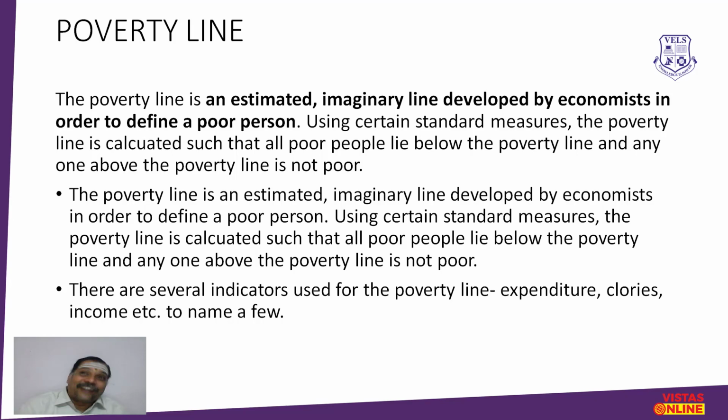So in order to define who are the poor people, we give one imaginary or estimated line called the poverty line. This is how people are able to understand whether they are poor or not. At the state level or the union level, they say if a person has this much amount of income, this much level of purchasing power, they do not come under the poverty line. Those who do not have that level are below the poverty line.